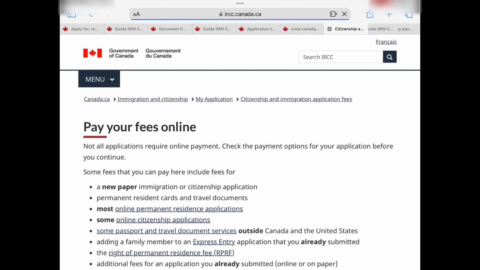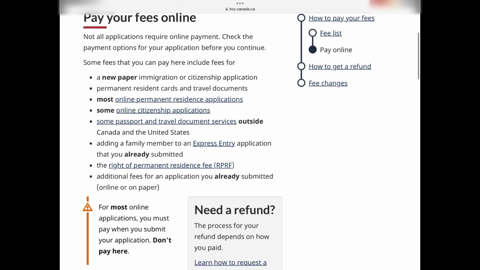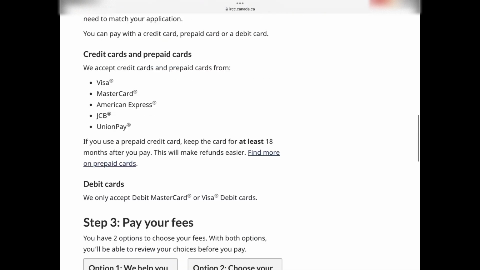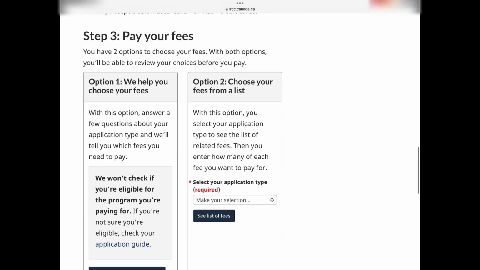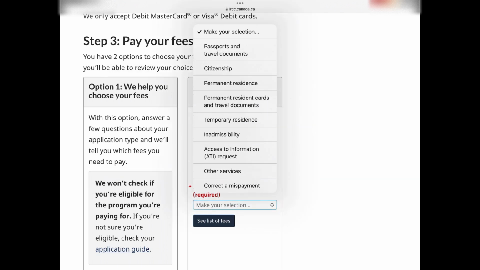When you click on that link, it's going to bring you to this page right here. When you're on this page, you want to scroll down. And then when you're here under step 3, pay your fees, you want to go ahead and under option number 2, answer this question that says select your application type. We are applying for permanent resident card, so we're going to go ahead and click on this option